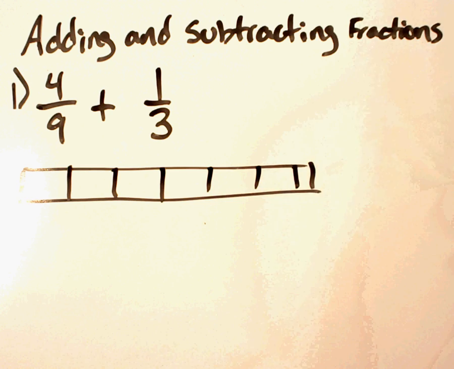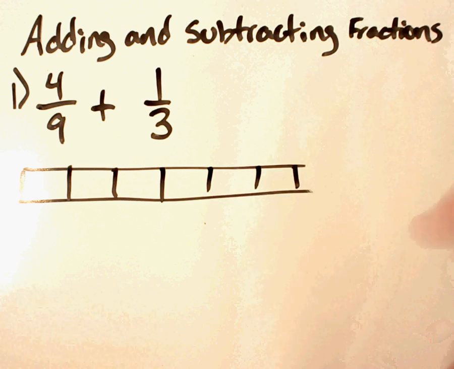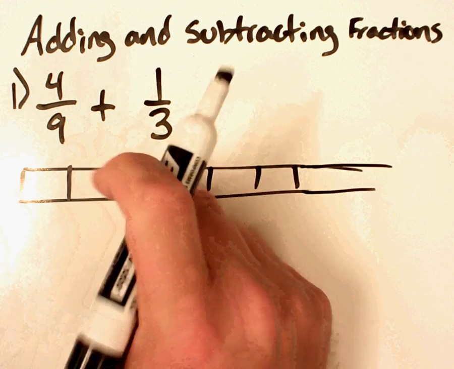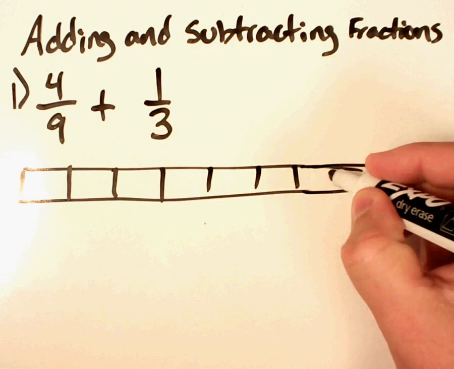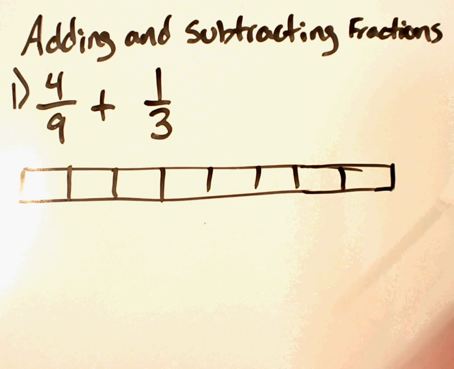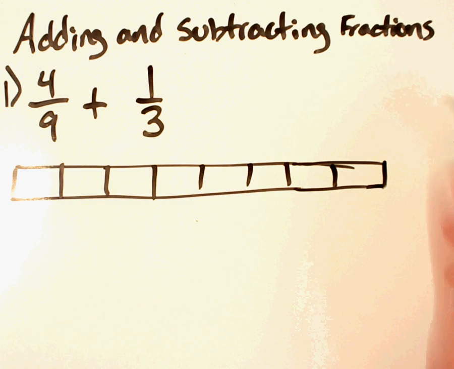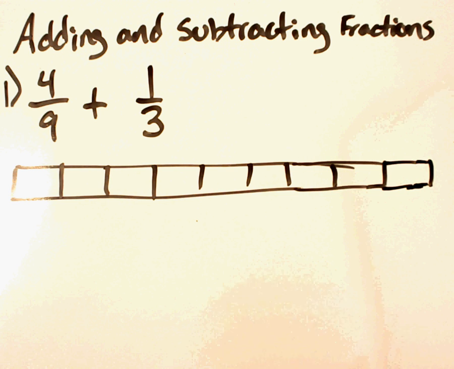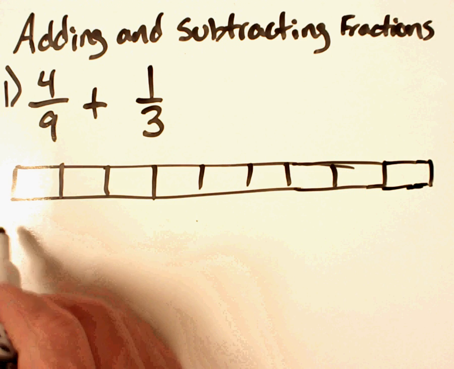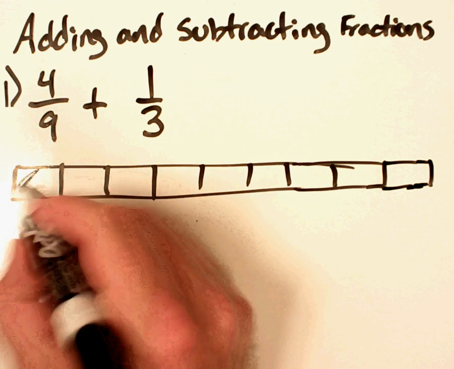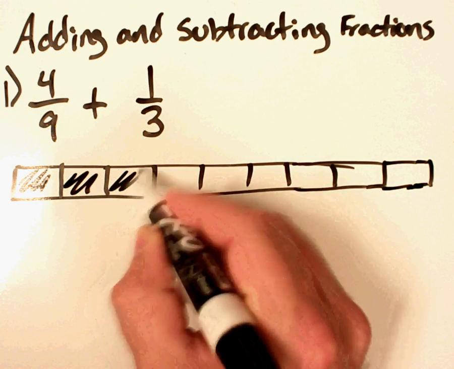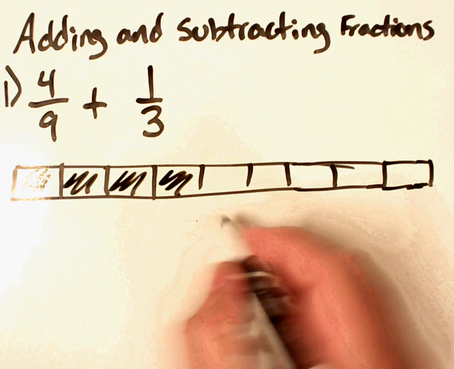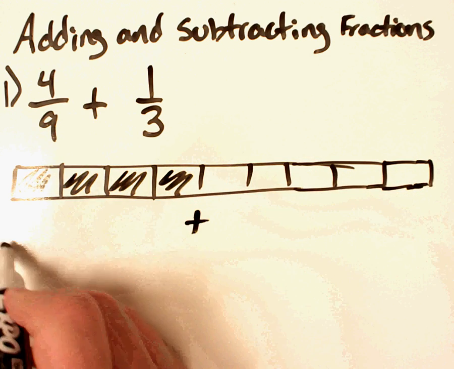You'll forgive me, doing a 9th bar is a little bit challenging. 1, 2, 3, 4, 5, 6, 7, 8, 9. I want my boxes to be as close to the same size as possible. All right, so here's my 4/9. 1, 2, 3, 4 out of 9. And I'm going to add that to